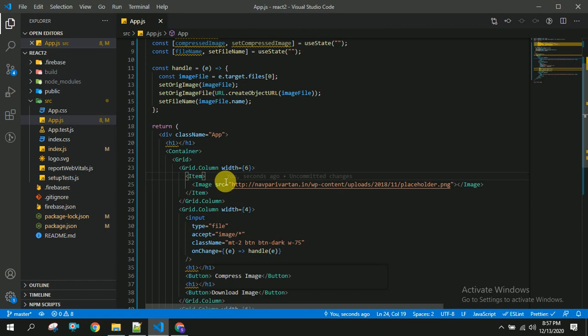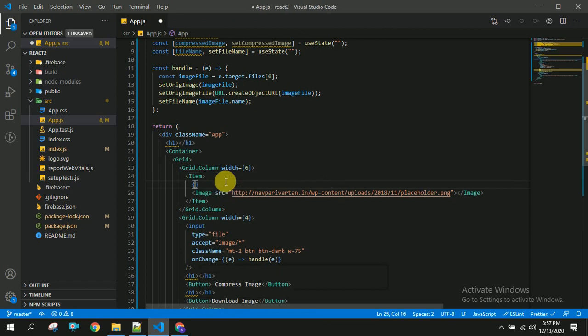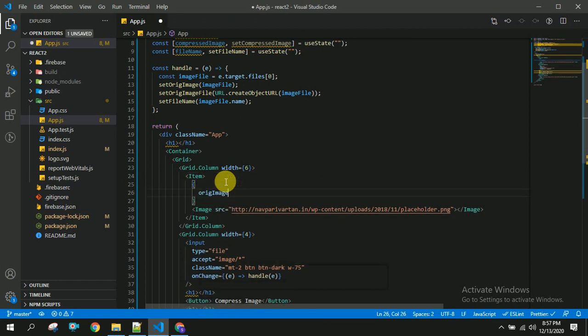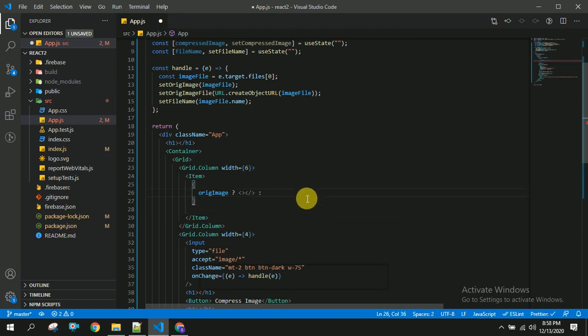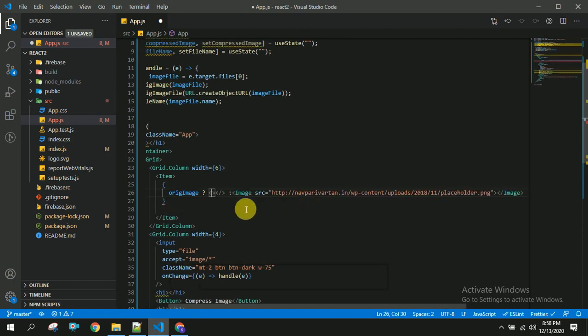For that I am going to write a condition. Once we get this original image, we are going to show the preview, otherwise we are going to show the empty image to the user. So here image, and this image source consists of our original image.